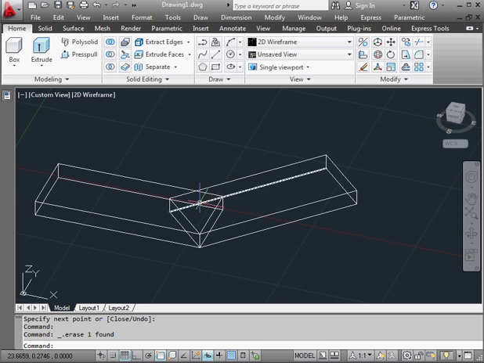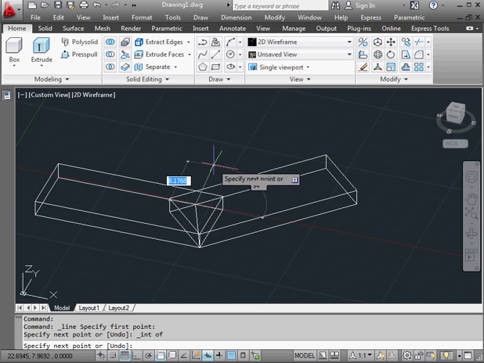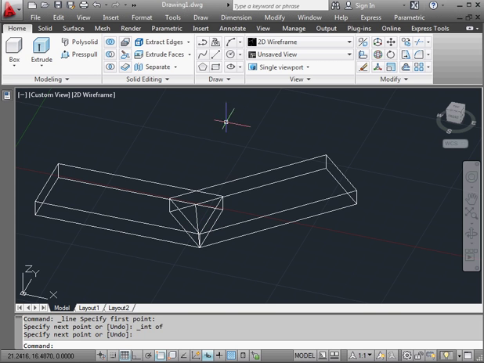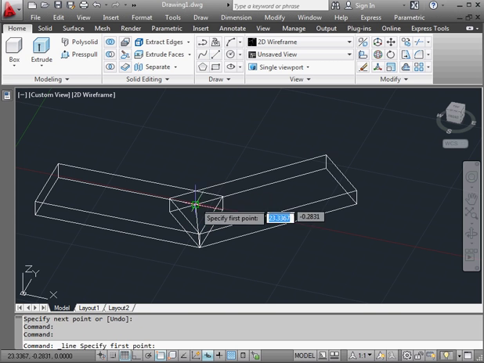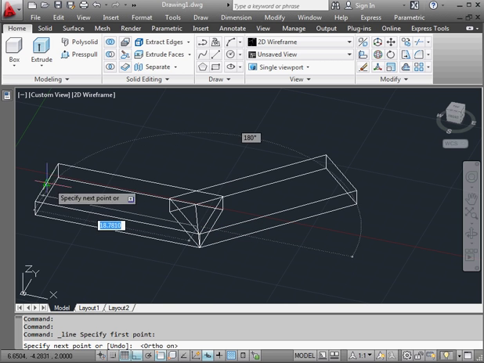The reason I did this is because I need this intersection point. Let's place another line between this point, now Shift, right-click, scroll up to Intersection, and this point here. Right-click and Enter to close the tool. Now I can use the midpoint of this line to create a line that's 20 units long. Let's select the midpoint, snap to it, ortho mode, 20 units, Enter,